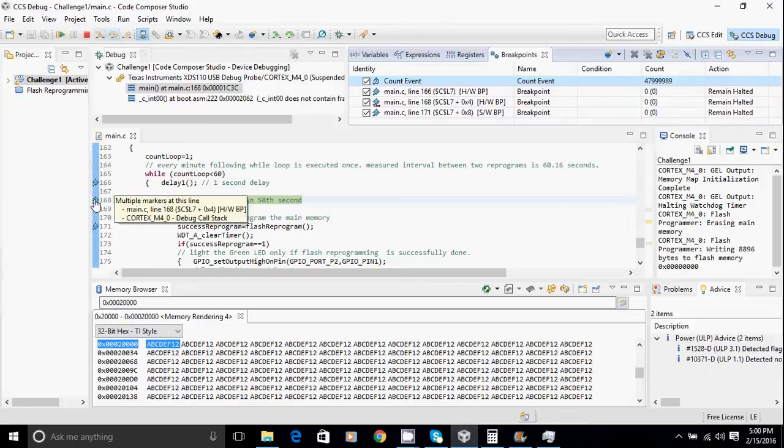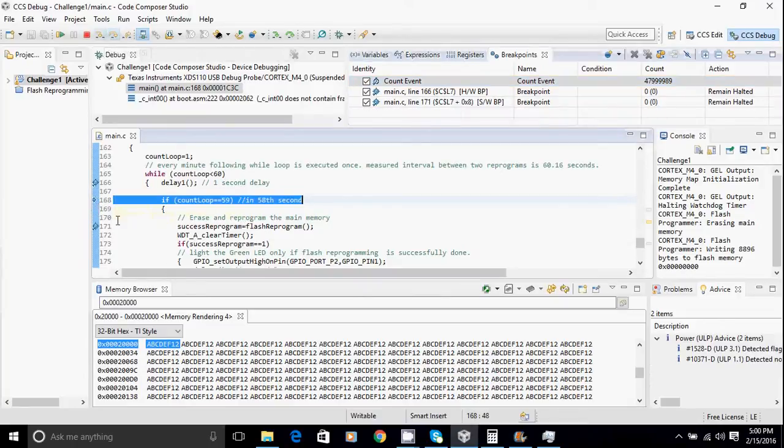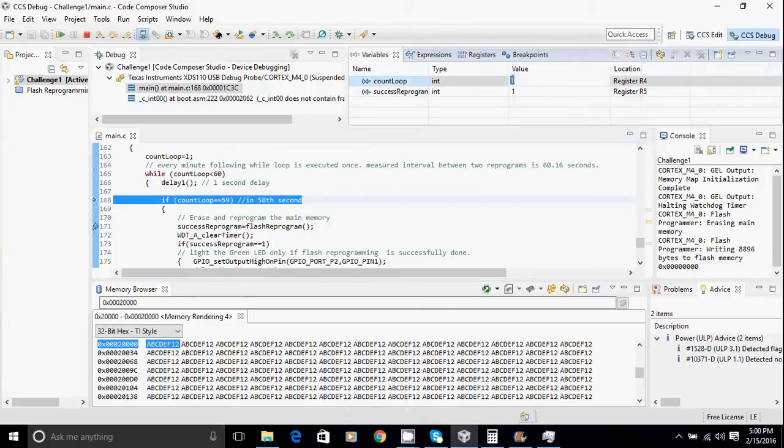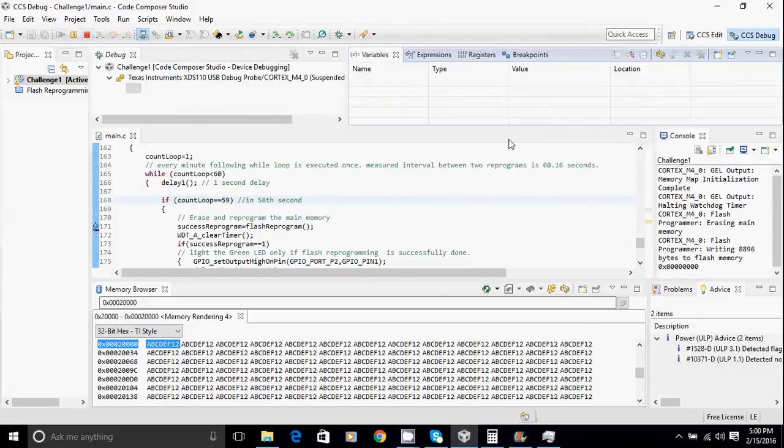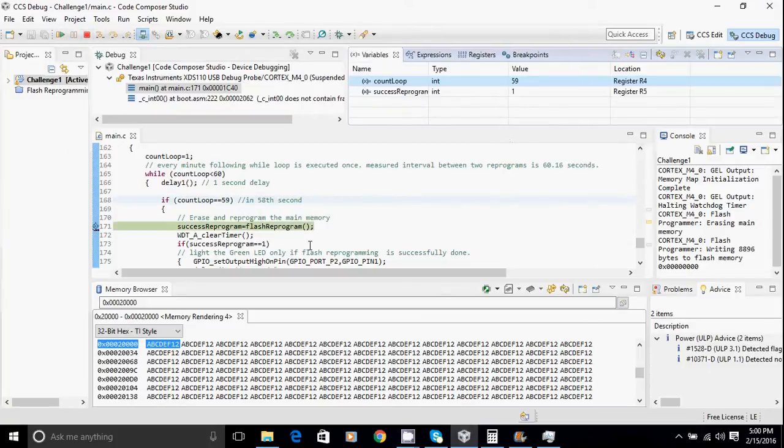Next, I will demonstrate how only 1 minute passes between two calls to the flash reprogram function. Let me simulate the 58 seconds of the first call manually. As you can see, the first call has been made.